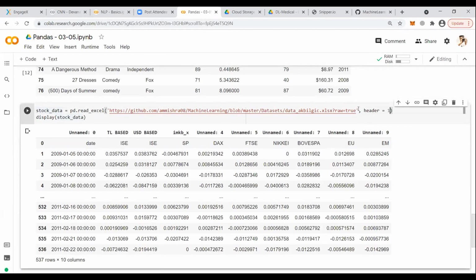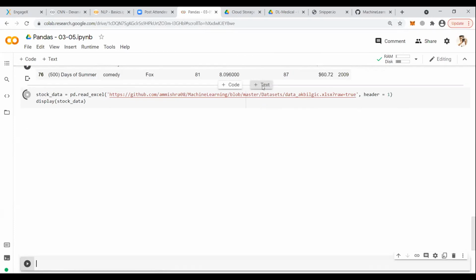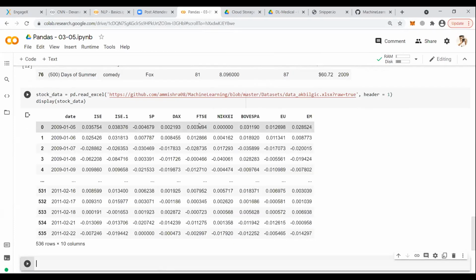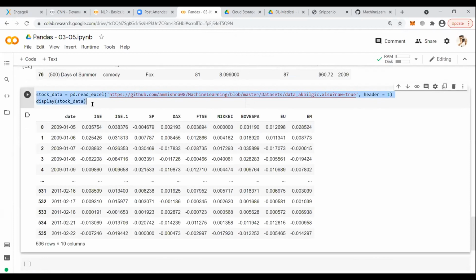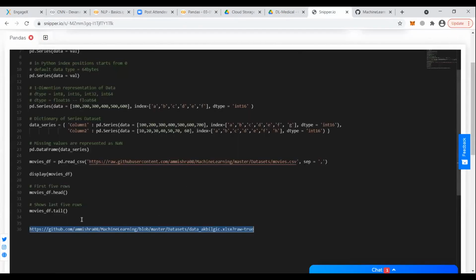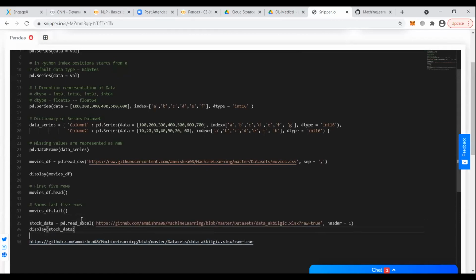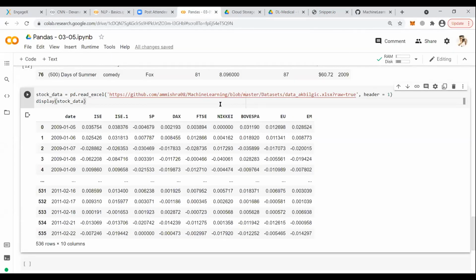Let us provide here header equals to 1. Let's start reading. Header equals to 1.